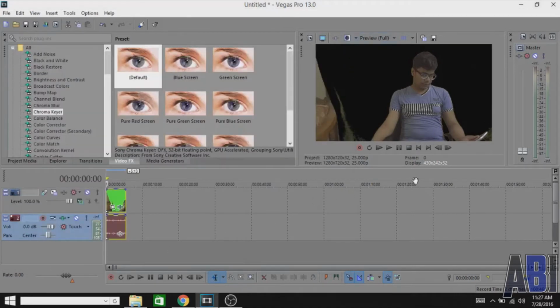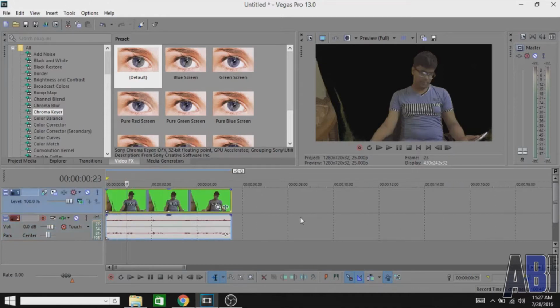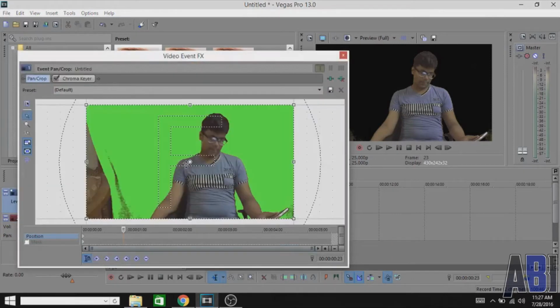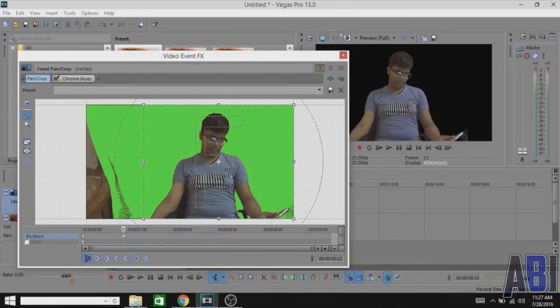that up. And then as you guys can see, there are some objects. You have to make sure that your main object or you are in the green screen, because the other objects can be removed. So just go on this cute little button called event pan crop. Sorry guys, actually. Now disable all these two settings or all these two boxes and just drag that up like this, and that's it.